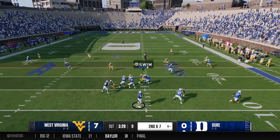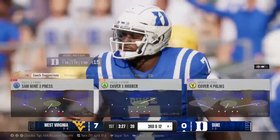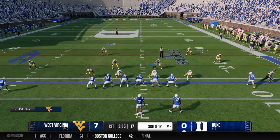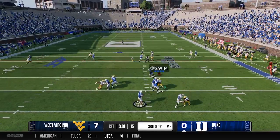To throw, it's Murphy. Gets it out quickly. And that play just looked to be a mess from the snap, and he's run out of bounds behind the line of scrimmage. This defense has kept them backed up. Now one more stop, and they can get...